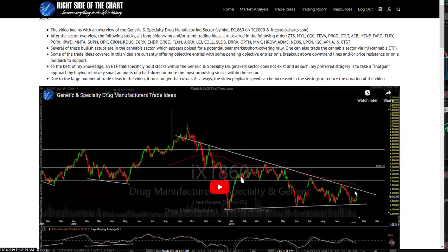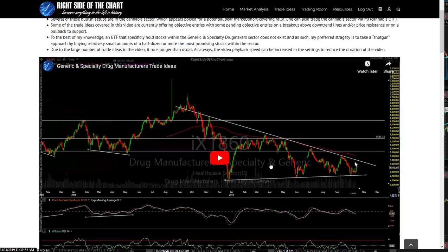As I said in the video, I highlighted which ones were, and if they weren't actionable at that time, I did my best on each one to say, well, this one would be a buy if it broke out above this downtrend line or this price level, or if it pulled back to a certain level. So, just like the official trade ideas that I showed you earlier in the video,